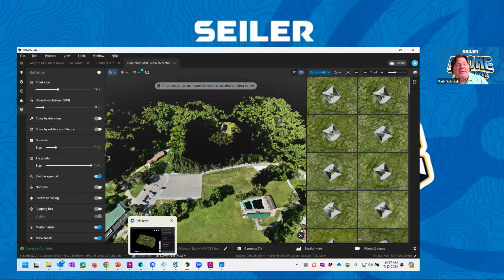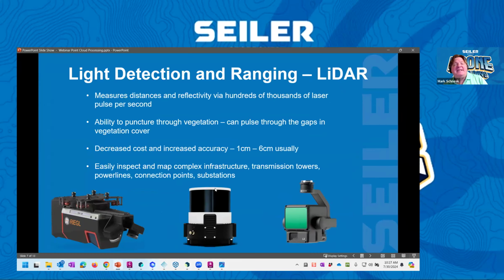So LiDAR, on the other hand, light detection and ranging, measures distances and reflectivity via hundreds of thousands of laser pulses. So it's an active light source scanner. Photogrammetry is based on a camera photo. It's dependent on the ambient light. If I have bad lighting conditions, fog or mist or harsh shadows, my photos are going to miss data or misinterpret data because it can't see the contrast between point A and point B,